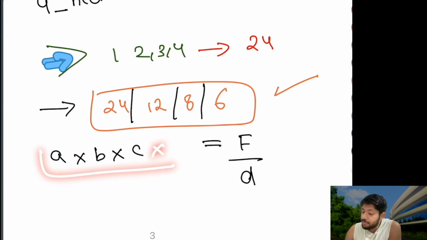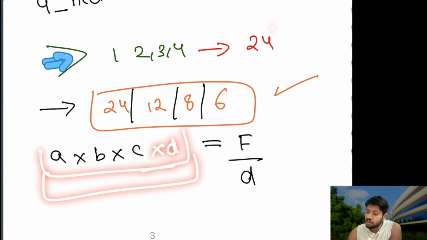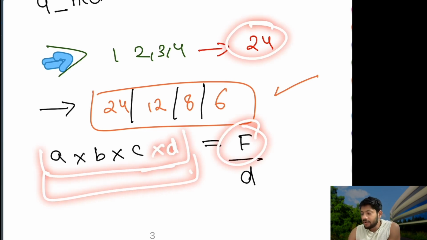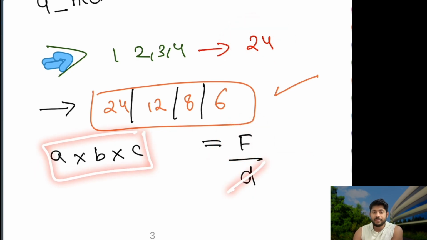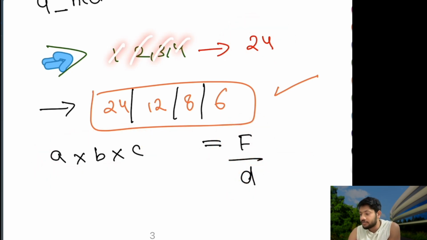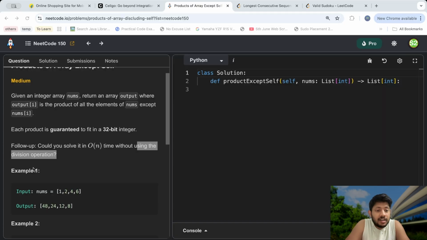A, B, C, D. A multiplied by B multiplied by C multiplied by D is this one. That's F. Divide it with the current D and it will find what's the product of other numbers without D. Let us say our D is 1, then 2, then 3, then 4. We are going to store it in our data. Let's actually try to do it. Okay, let's actually start. Even if we are wrong, even if we are using the division operator, let's actually try